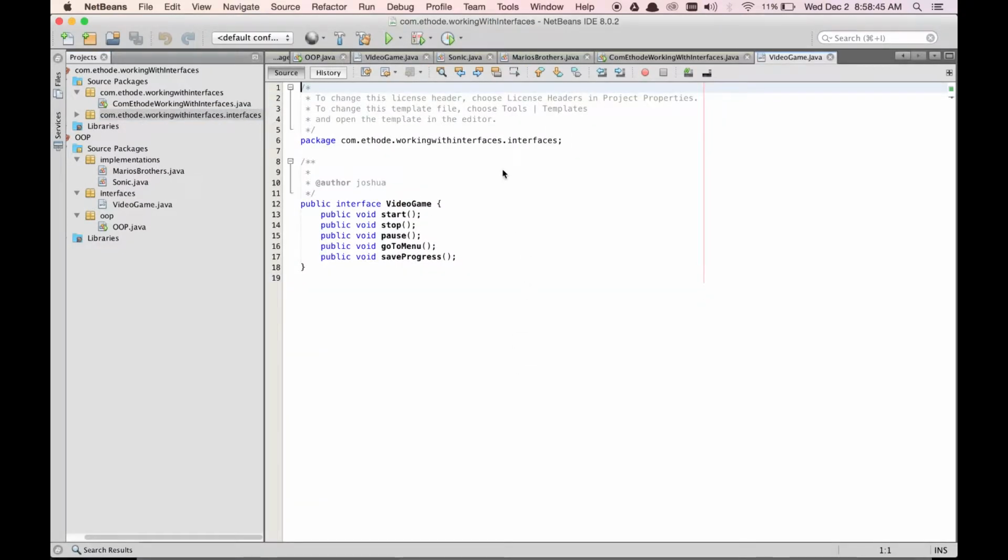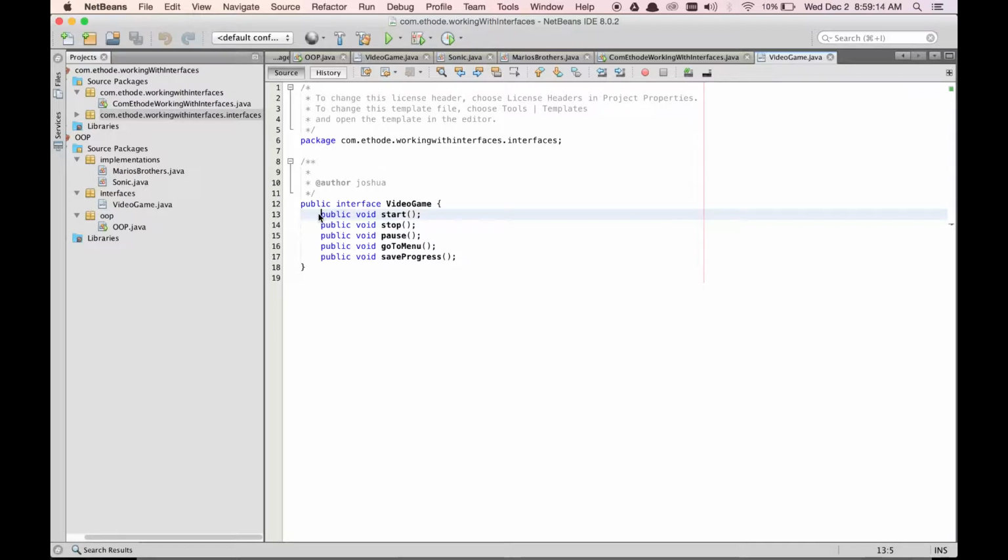There we go. You'll see it took on the name of the package that we put it in by copying it there, and you'll see we have these basic methods. So here's the part where I think most people get confused. An interface doesn't actually contain code that does anything. It doesn't. All an interface does is define what methods or properties a class must have in order to